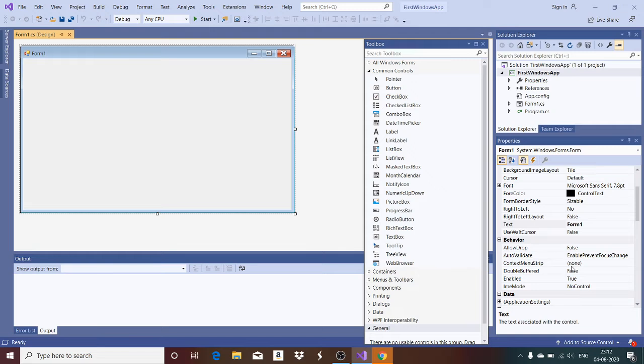The properties window is nothing but, for each user control, these are different user controls available. For each user control and for the form, you have different properties listed.